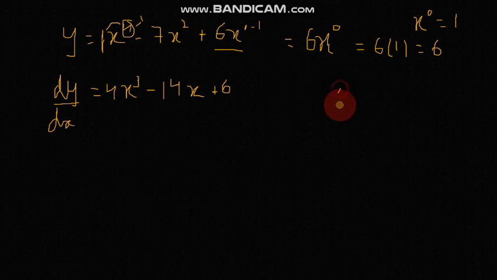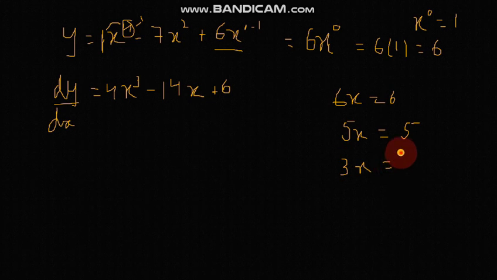You will understand yourself that the differentiate of 6x is 6, the differentiate of 5x is 5, and the same way any number like 3x, the differentiate of 3x is 3. So as you mature and practice more and more, you will understand this, and you won't have to do this. This is just for understanding. Alright,